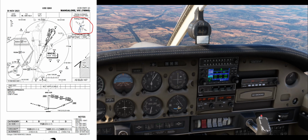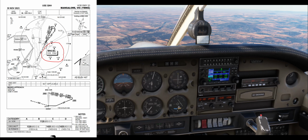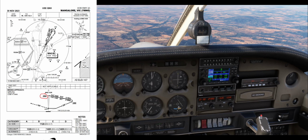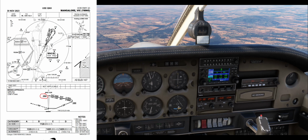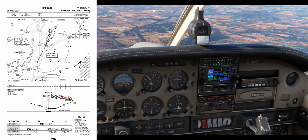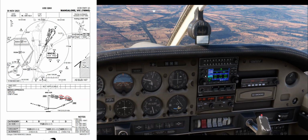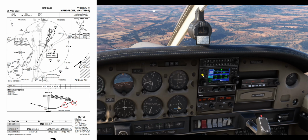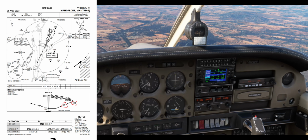So we'll be using the Mangalore VOR, which is on 113.2. No circling to the southeast during IMC. So once we start conducting our approach, we'll be at 3,900 ideally. We'll track outbound for 3 minutes because we're Category A aircraft. Cessnas, Pipers and those sort of aircraft are Category A. Track on a 016 heading. After the turn we want to be at 1,800 feet, and then tracking in on a 208